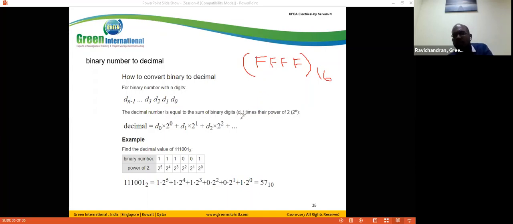So hope you are familiar. Yes, this F in the microprocessor, we see this number in computers. So F is a hexadecimal number. We convert the hexadecimal number into a binary number. It is 15.